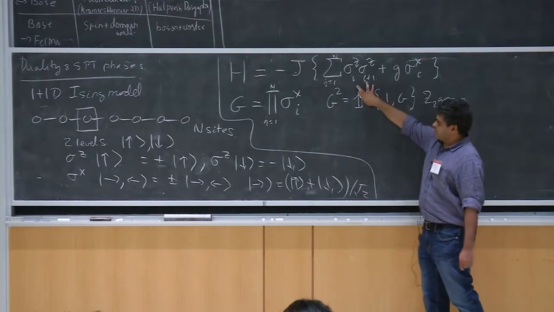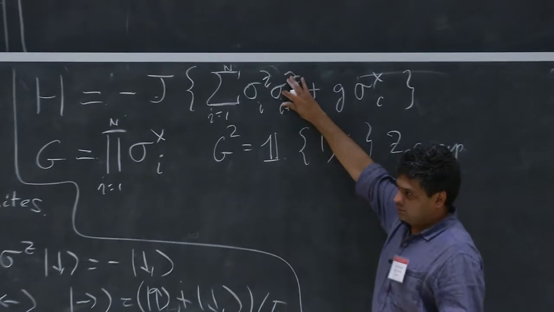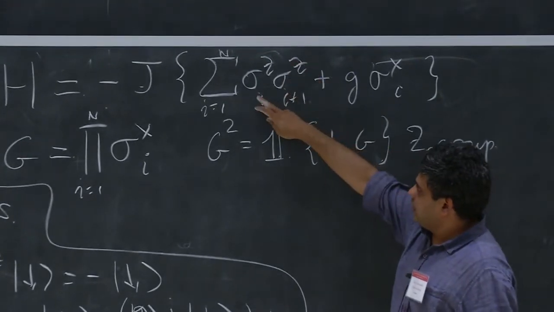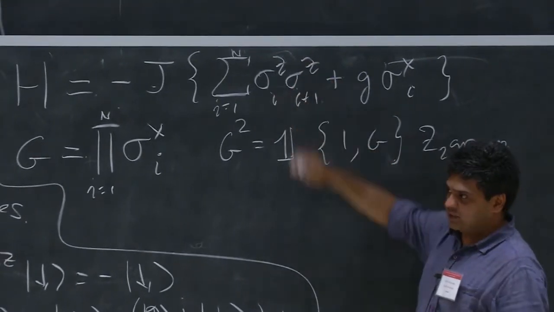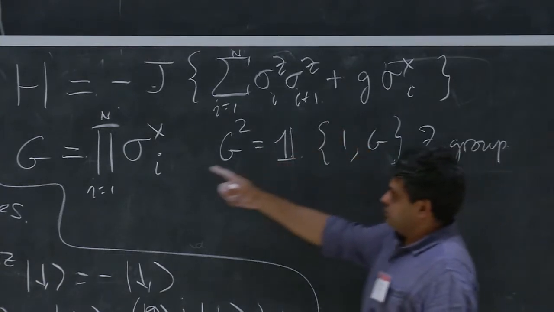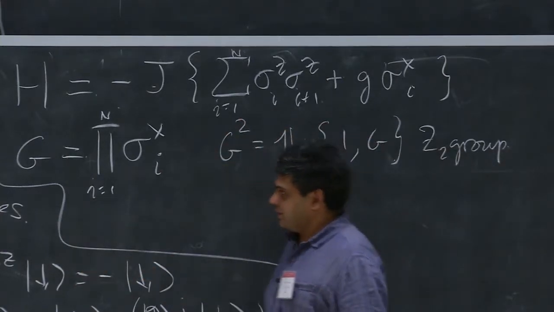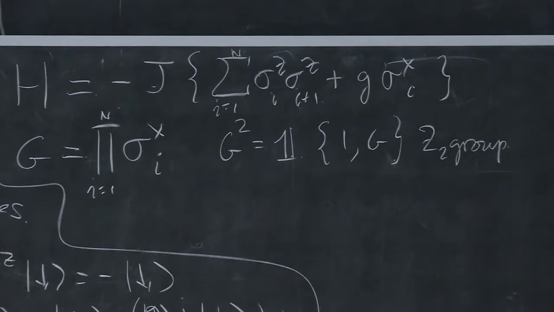And this term is also symmetric. If I picked only one sigma z, that breaks the symmetry, of course, that picks up versus down, but this treats them in a democratic fashion. It tells you the spins are parallel, you get one energy. If they are anti-parallel, you get a different energy. But it doesn't break the symmetry of up and down spins. And you can check it commutes with this symmetry operator. So this is a model we're going to work with, sort of a nearest neighbor Ising model, and it has this Z2 symmetry.